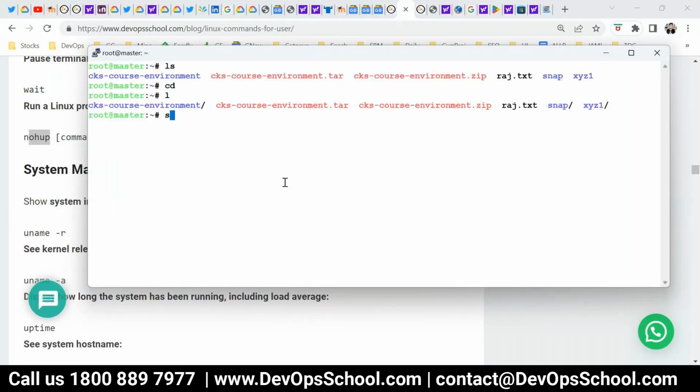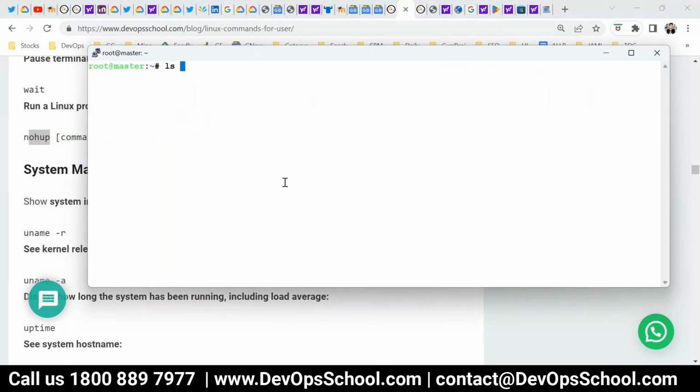Here there is one command, ls -l. I'm running this command, and I want to transfer the output of this command into 11.txt.